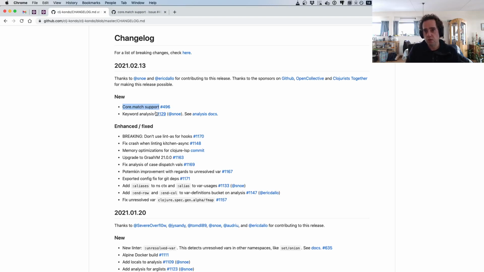So Clj-kondo is a static analyzer for Clojure, which means it doesn't execute any code. But the problem that comes with this is that it also doesn't recognize macros out of the box, because it doesn't do any macro expansion, because this requires evaluation of your code. So a lot of the core macros are supported, if not all, but for libraries this is not always the case. And core.match is a library